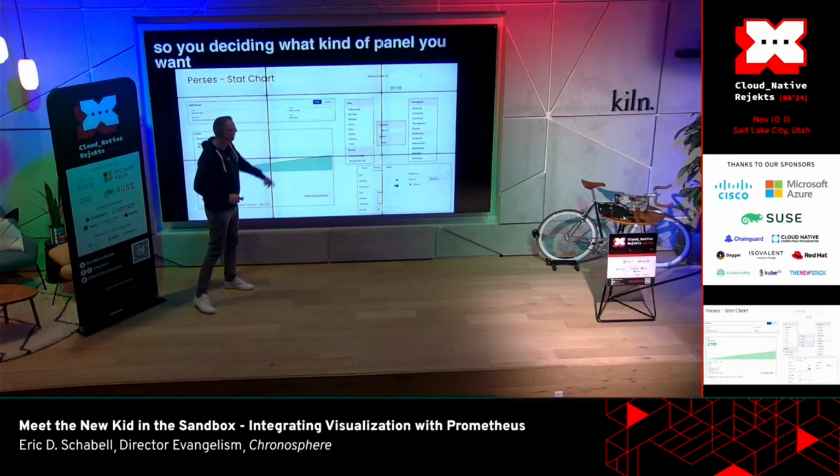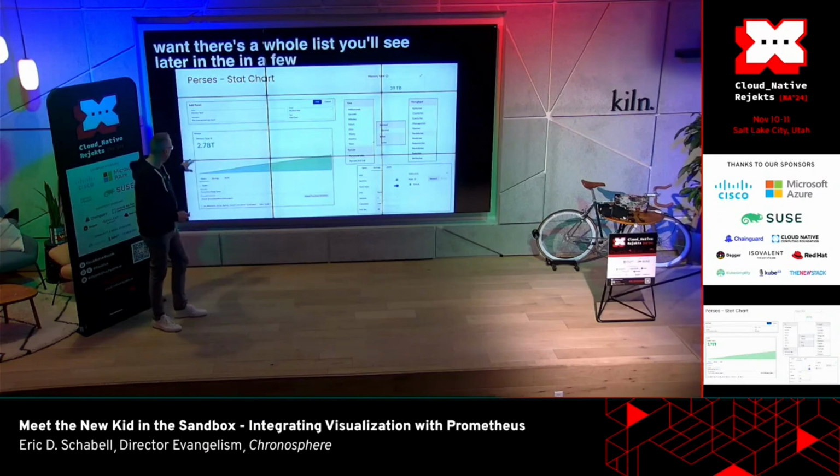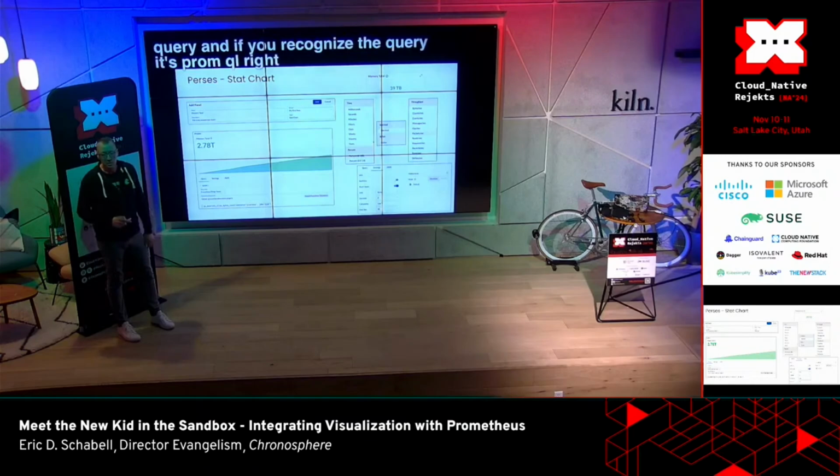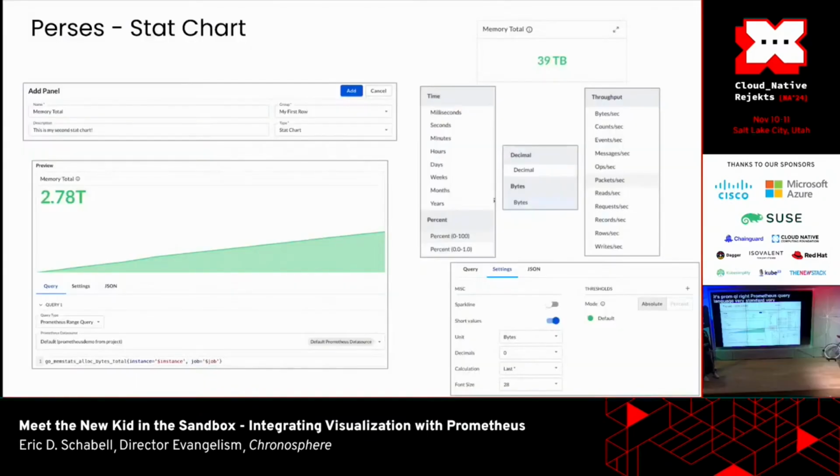There's a whole list you'll see later in a few minutes. And then you have a preview and the query. And if you recognize the query, it's PromQL, right? Prometheus query language. Very standard, very well known within the metrics landscape. It automatically pops up with whatever you're doing, and then you can switch over to the settings, and the settings